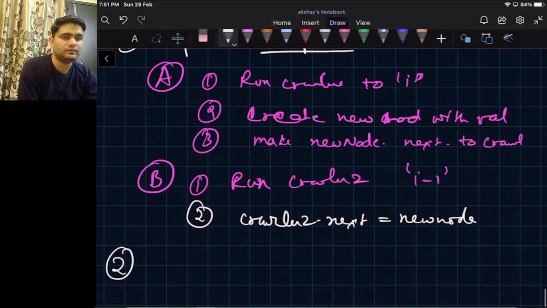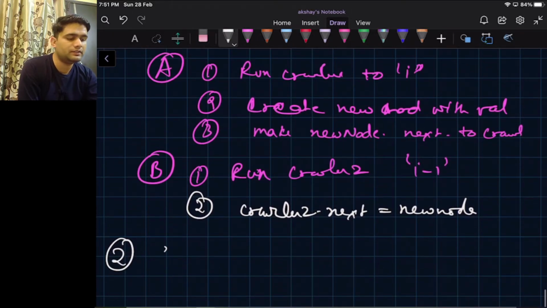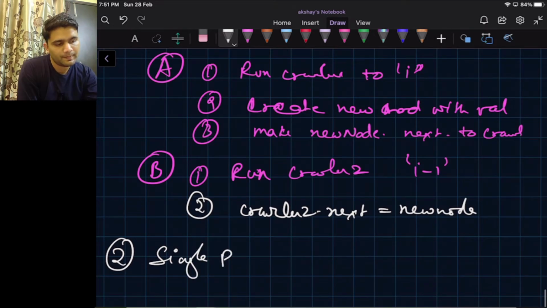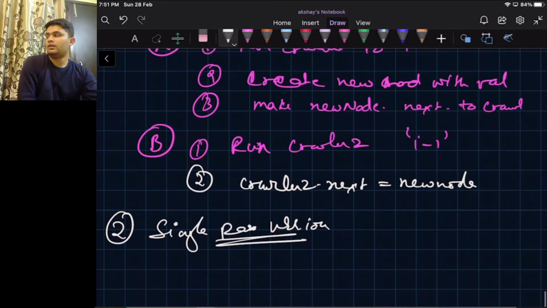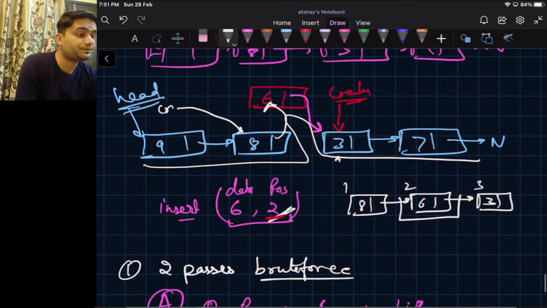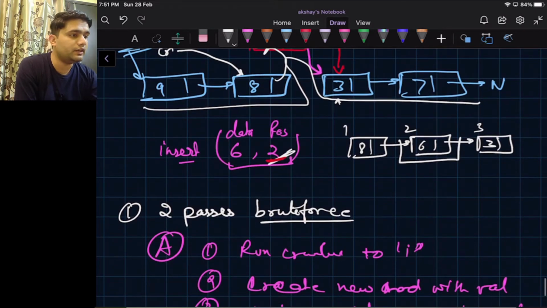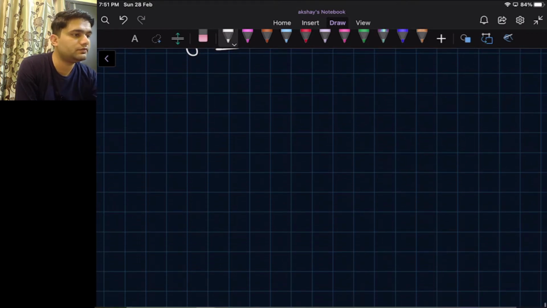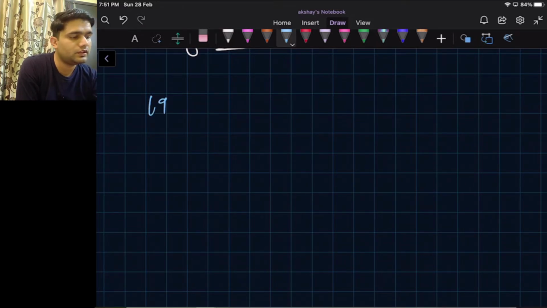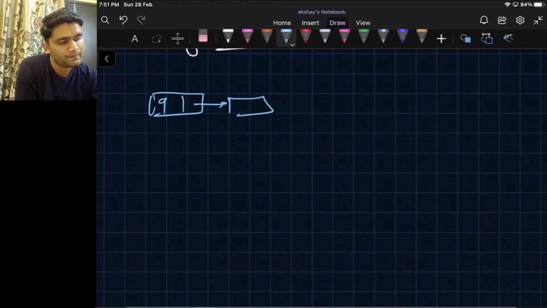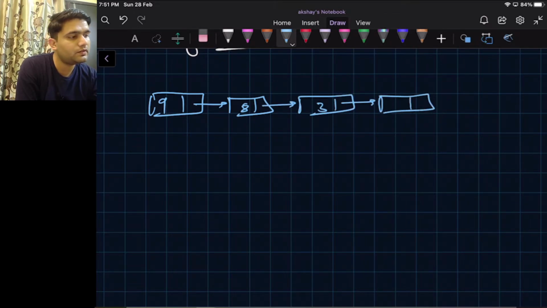Let's see the optimized version in a single pass. Let me draw the same linked list here, 9, 8, 3, 7. This was our head.